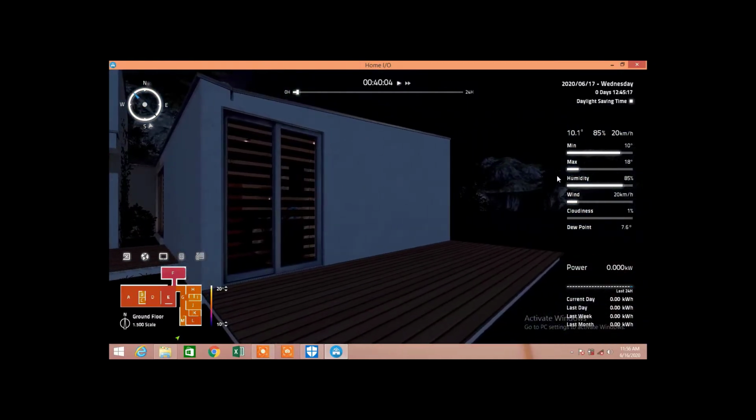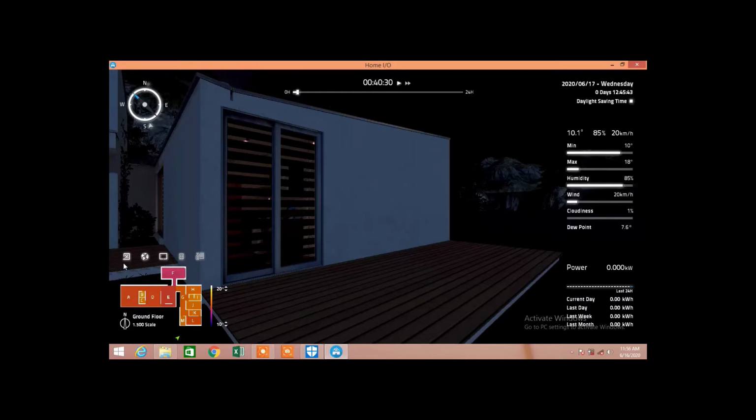If you look at the right, you can see several things like wind speed, maximum, minimum, the humidity, the cloudiness, the dew point. These are all real-time values. And in the bottom right-hand corner you can see the power consumption: the consumption of the current day, last day, last week and last month.